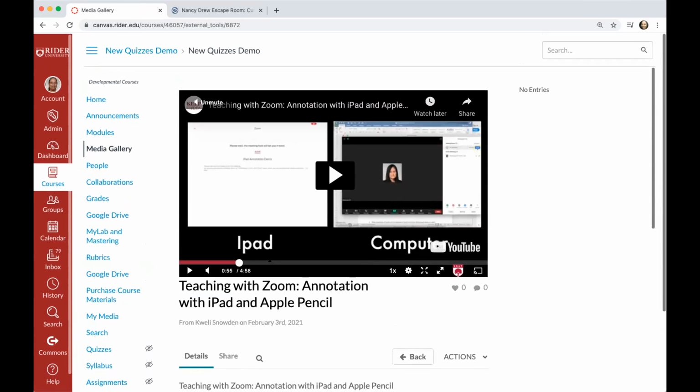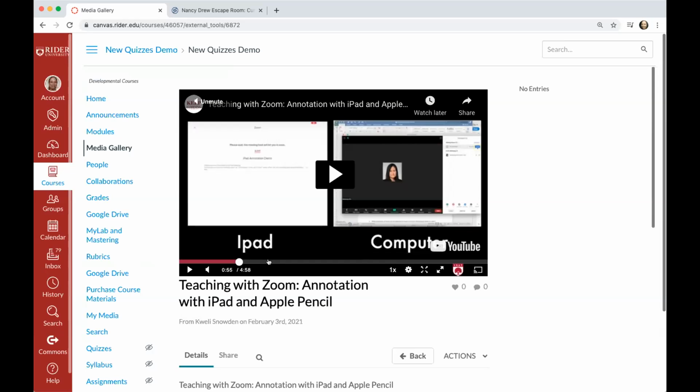You can turn the ability to comment off. So if you want to share films, if you want to share video content and you don't want students to be able to comment, if you're asking students to share their own work and you want to turn off the ability to comment on those particular films and clips so that you're avoiding any potential issues,